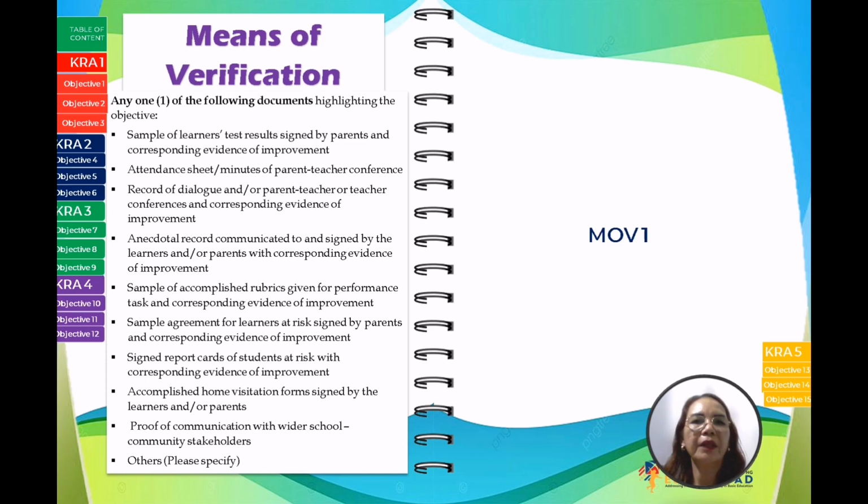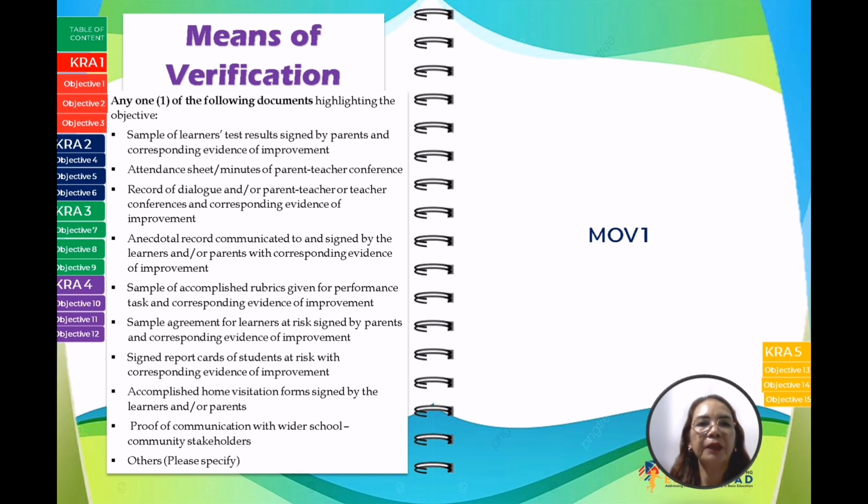So, pwedeng sample of learners' test results signed by parents and corresponding evidence of improvement, attendance sheet or minutes of parent-teacher conference, then record of dialogue and or parent-teacher conferences and corresponding evidence of improvement, anecdotal record communicated to and signed by the learners and or parents with corresponding evidence of improvement, then sample of accomplished rubrics given for performance task and corresponding evidence of improvement,